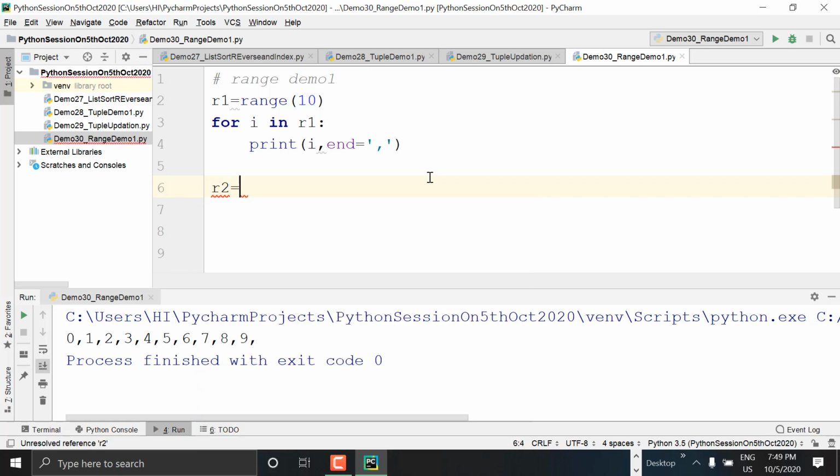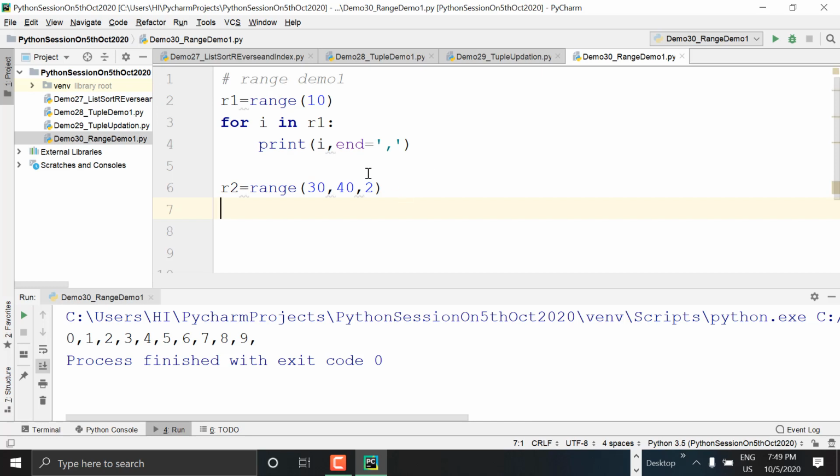So range with min, max, and step value. Minimum is 30, maximum value 40, and the step is 2. Now let's print it: for I in R2, then print I. And as I said, I want to print all of them in a single line with commas. I said end equal to comma. Now let's see the output now.